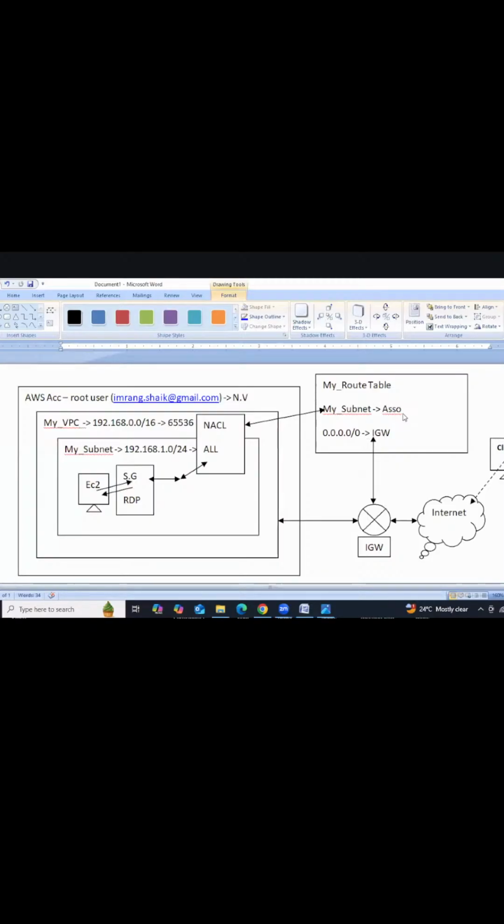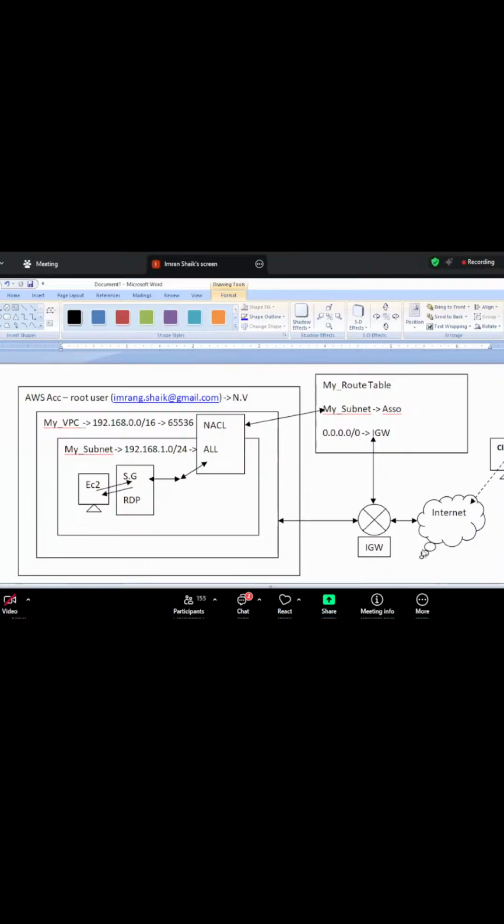This route table decides the route. While we were discussing networking, I gave information about the router. What does a router do? It decides the best path to reach the destination. The route table does the same thing. It decides the route to access our resources from our AWS cloud to our client machine, meaning our laptop.